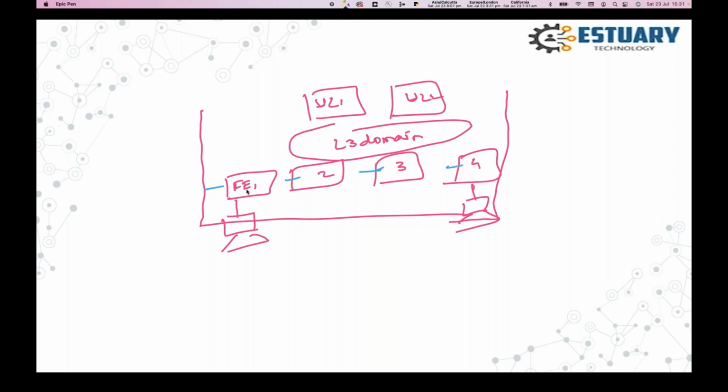Now, when the packet comes to fabric edge 1 and it wants to reach fabric edge 4, it has to reach via, let's say, UL1 to fabric edge 4. Now, my L3 domain is nothing but the underlay network. So this is my underlay network to reach out here.